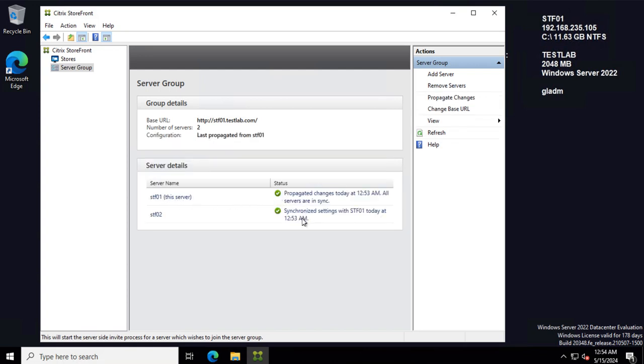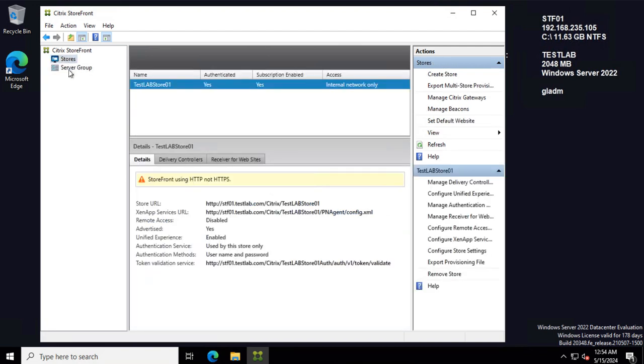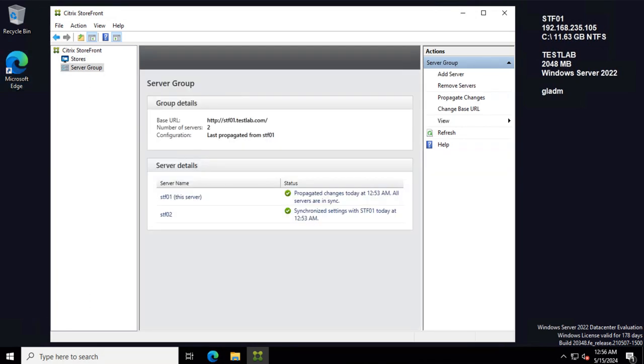So now we have two storefronts, so they are now in high availability. Okay, and as a final information, I'm now on the first storefront, because as you have seen the message from after it finished,